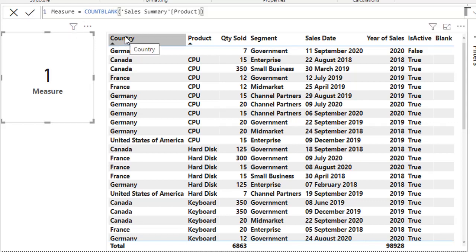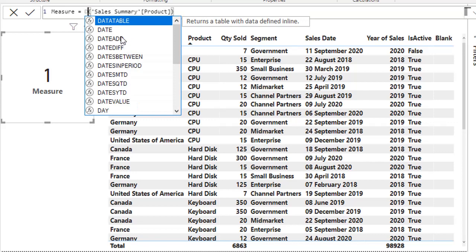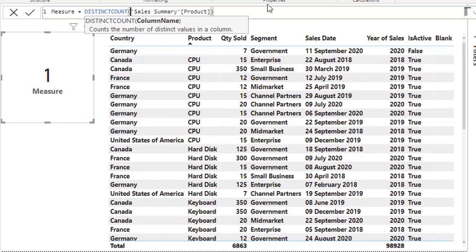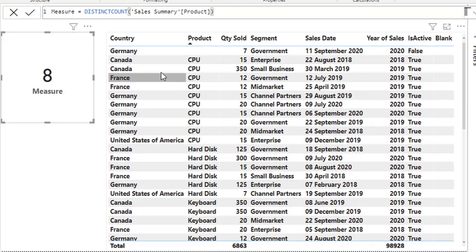Now, DISTINCTCOUNT. In the DISTINCTCOUNT function, we have to supply the name of the column and it will pick up the unique values from that column. So if we try product, then there are 8 unique products in the product column.